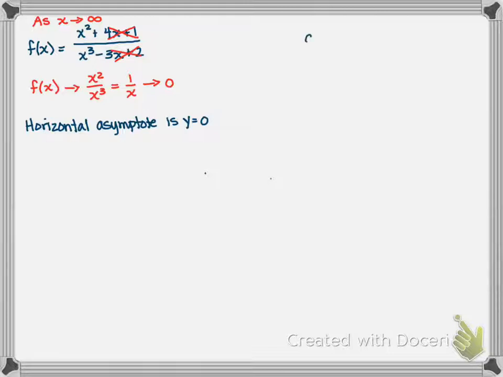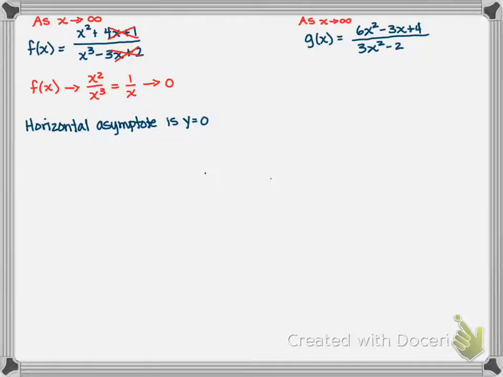What if we had g of x equals 6x squared minus 3x plus 4 over 3x squared minus 2? So again, we want to look at what happens when x gets really, really, really big. So as x goes towards infinity,